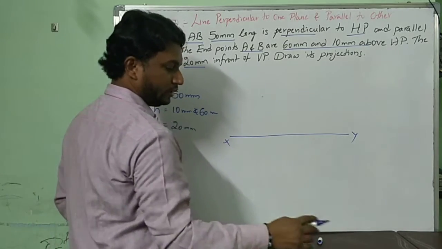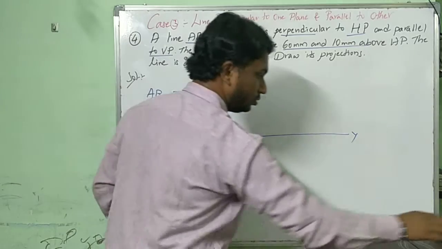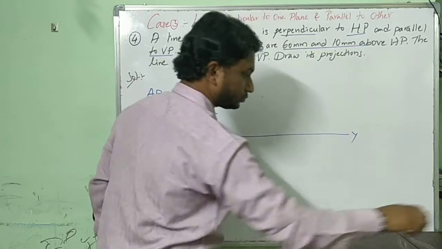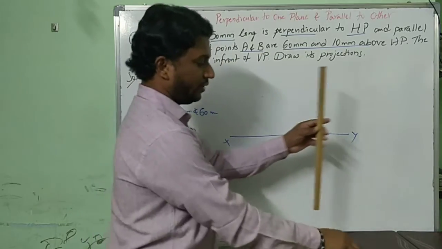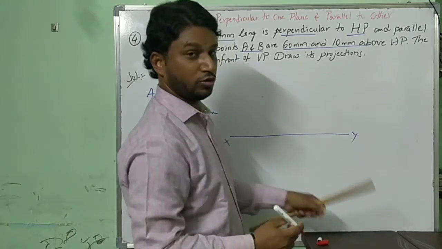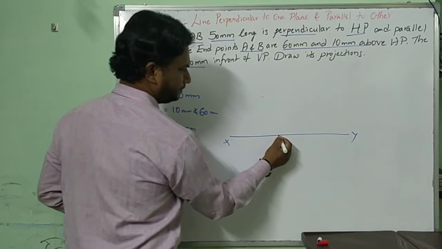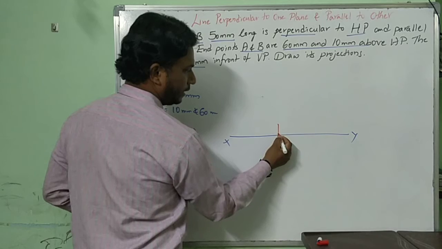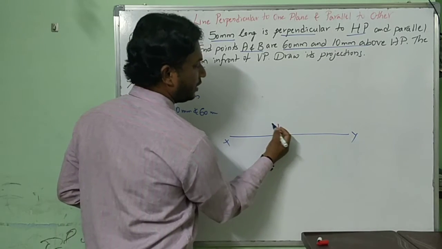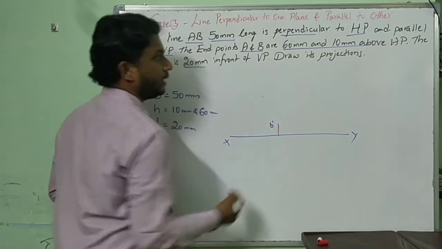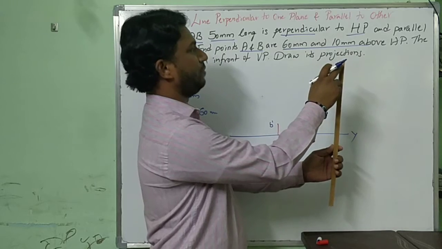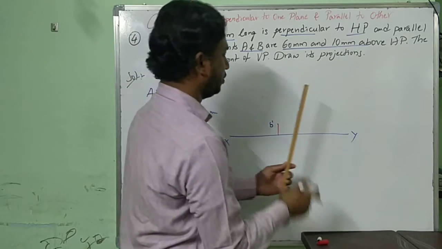Take any point on it, right? From that point, what you have to do? You are supposed to draw a 10 mm projector. Front view: your line should start at 10 mm above. Up to 10 mm, we have to draw a projector. Take any point. Draw a 10 mm line. Now at this location, what point will you be starting with? B dash. Why? Because I said A is at 60 mm, B is at 10 mm.